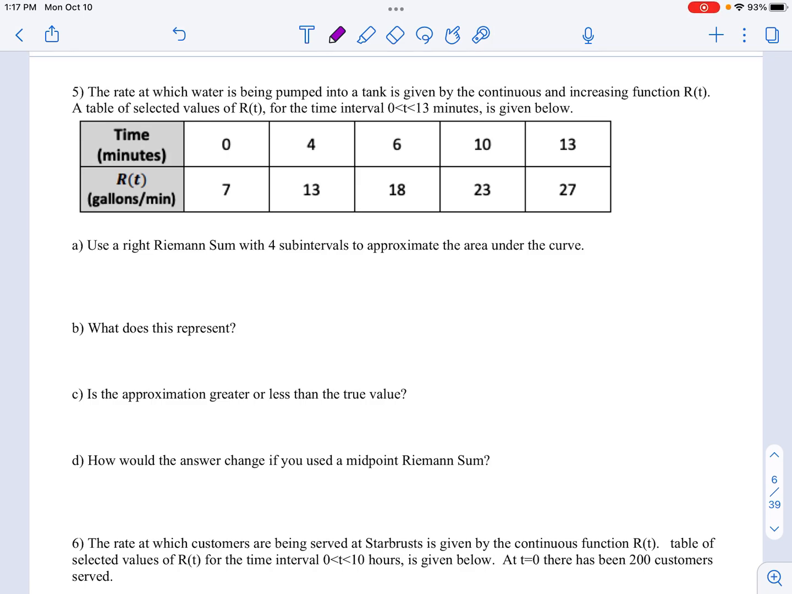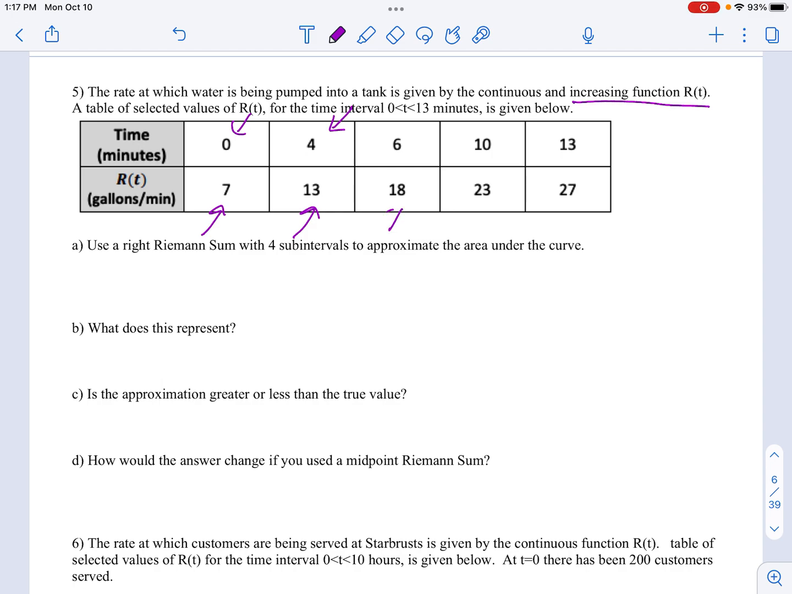Okay, now let's look at a problem given a table of values. So this gives the rate at which water is being pumped into a tank of a continuous and increasing function r of t. There's selected values for r of t. So this is saying at time 0, water is being pumped in at a rate of 7 gallons per minute. And then at time 4 minutes, water is being pumped in to a tank at a rate of 13 gallons